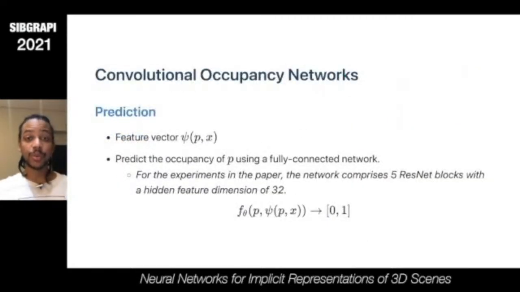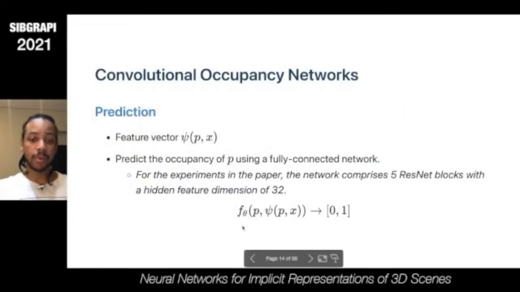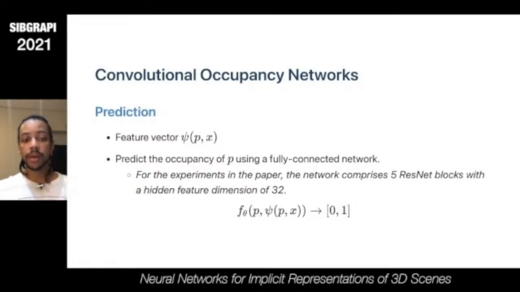And now we can use this feature vector psi of P and X to predict the occupancy of the point P using a fully connected network. So we have a model that takes the P and psi of P and X and outputs a value between 0 and 1. For the experiments in the paper, they used an architecture of 5 ResNet blocks and a hidden